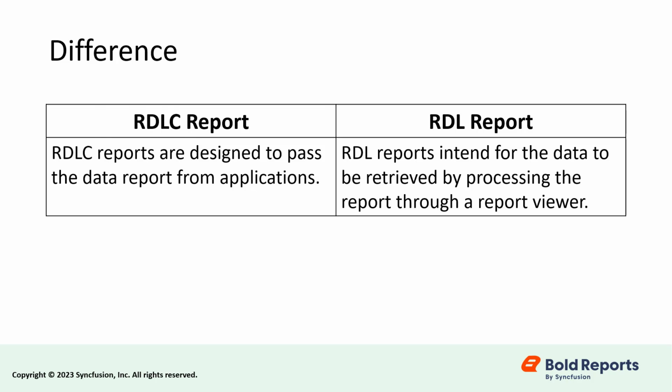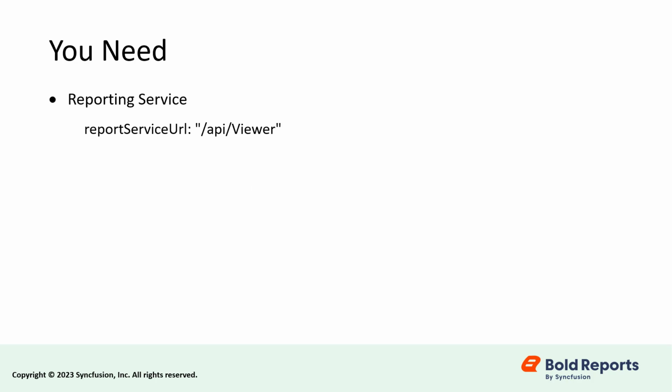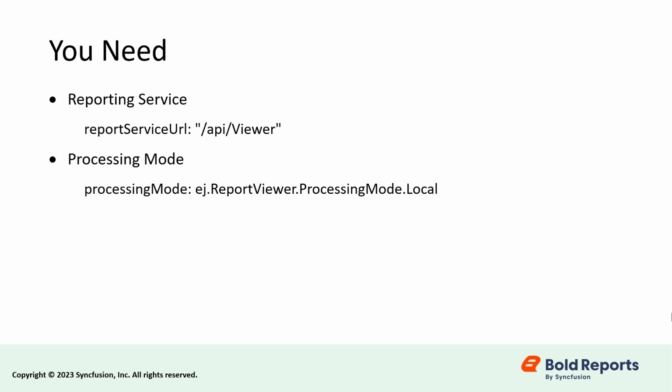report viewer. We need to set 4 items to render an RDLC report in the report viewer. Reporting service. This service is used to interact with server-side report processing. Processing mode. This option specifies whether to process the report in local or remote mode. The reports will be processed as RDL if the processing mode is set as remote, and RDLC if set as